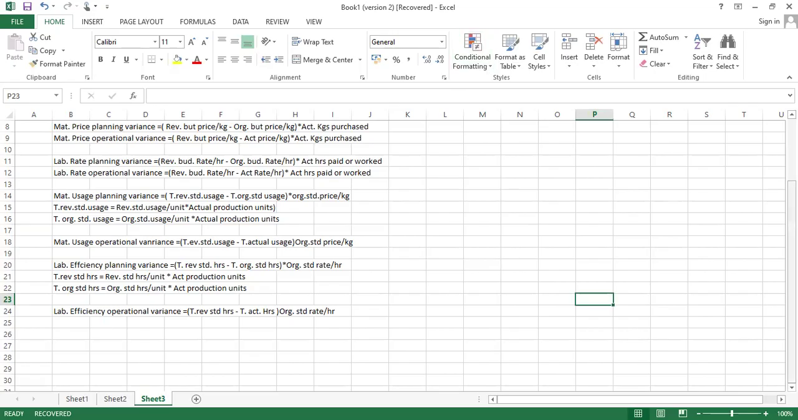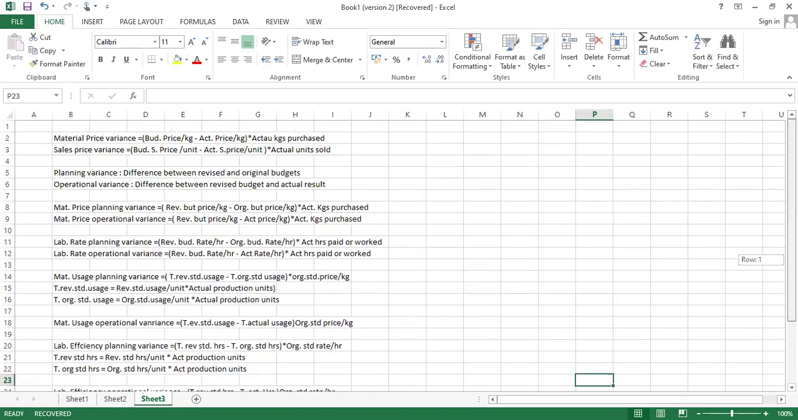and material planning and operational variances. And as I told you, these are the simple variances. It may be possible that he asks you to calculate sales price planning variance or sales price operational variance, although it is not provided in the syllabus, I think. But if he asks sales price planning, same concept,